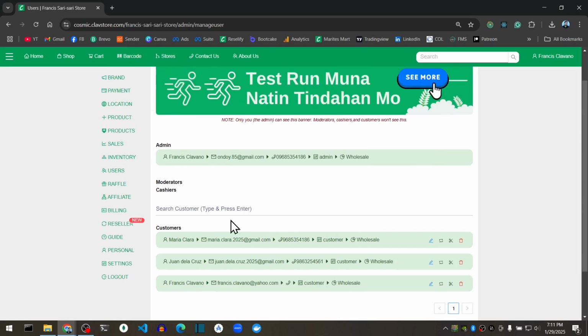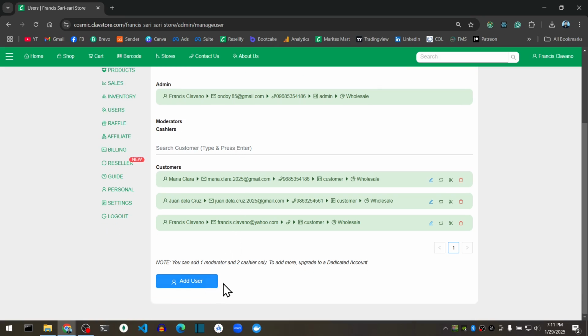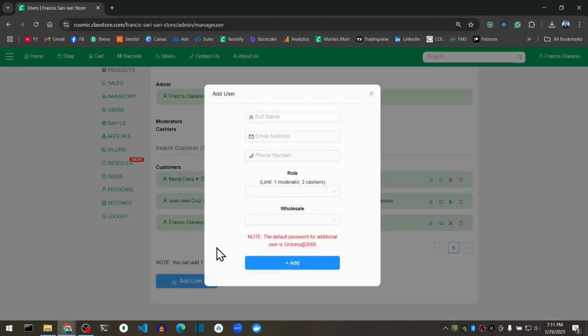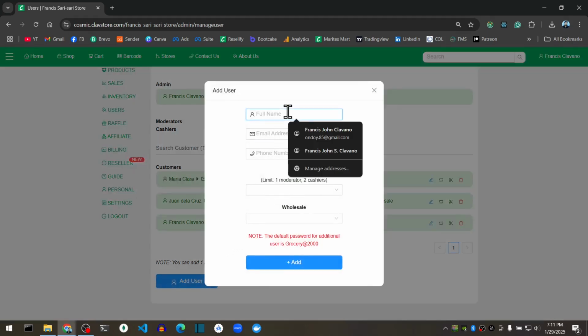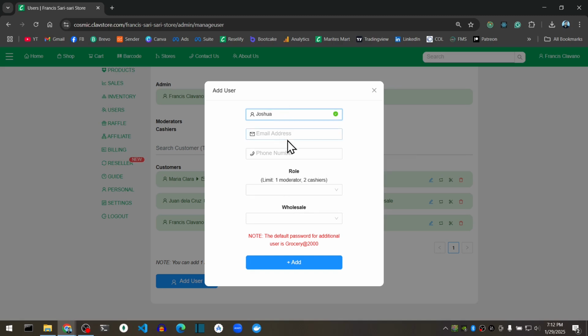And then, you can also manually add a user in your users section. So, for example, you want to add a cashier or moderators for your website. So, shall we say I'm going to add a user? You can click this add user here, and it will ask for a full name. Shall we say I have Joshua, sabihin natin Amor Solo.